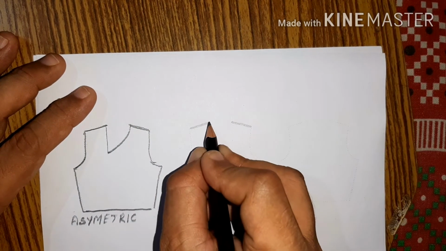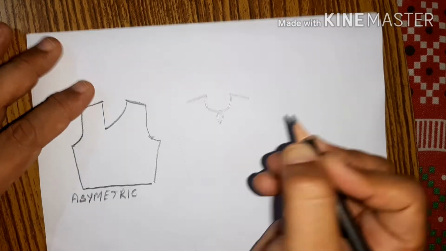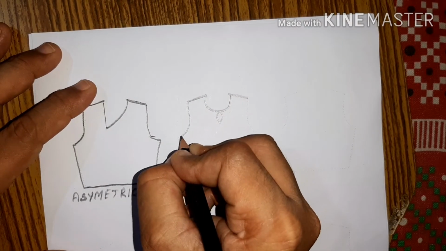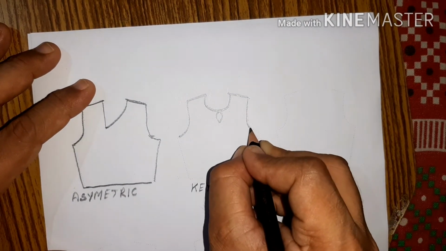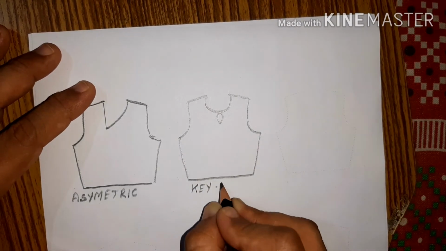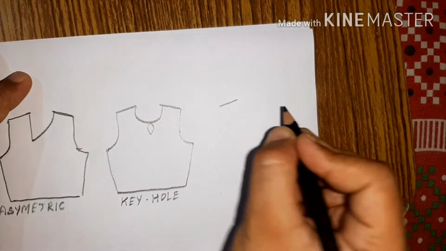This is also a unisex neckline. In kurtas and others you can use this. Next is the keyhole. The keyhole neckline can be used at the front or at the back as well. This is the neckline where any basic neckline has a hole like a keyhole at the bottom.